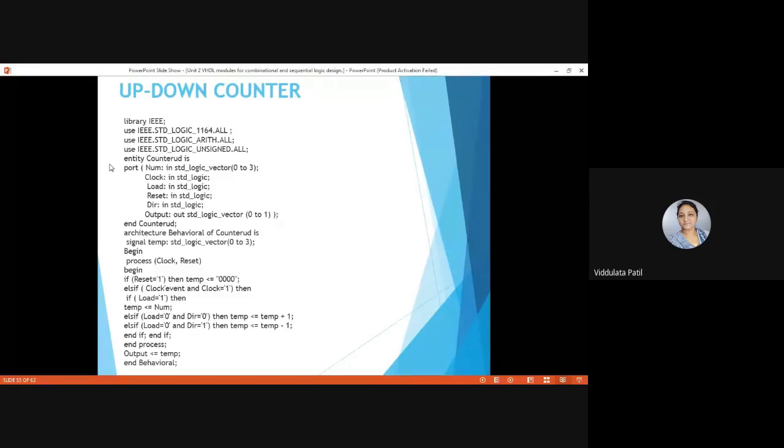Now after that, the next thing is to declare the entity. The name given to this entity is counter_UD, and then we are declaring the ports which are present in that counter circuit. Here we are going to add one input, that is an input of the type std_logic_vector, which has the range from 0 to 3.